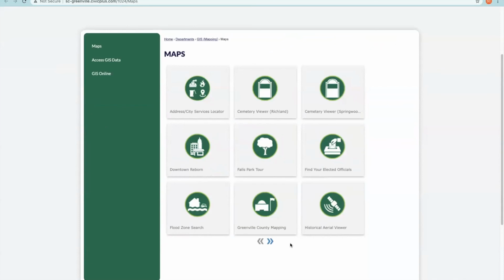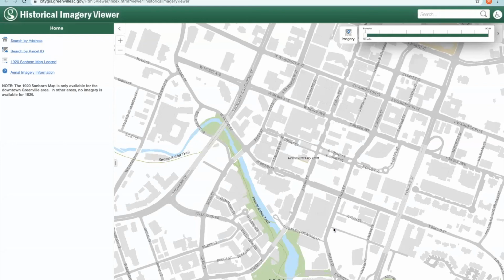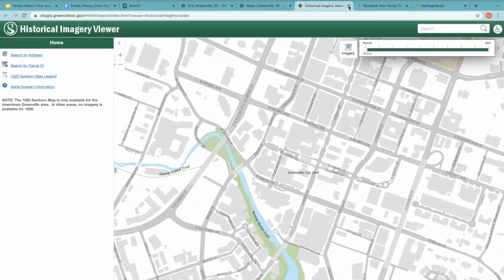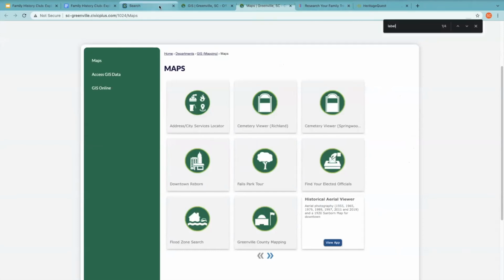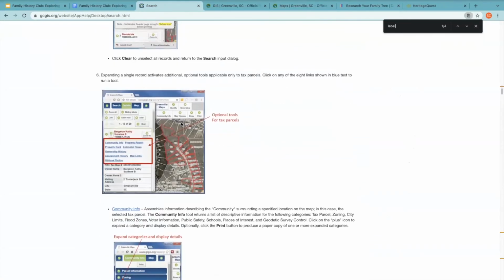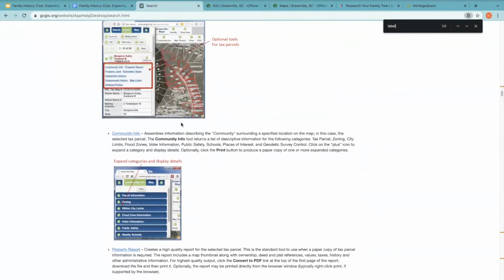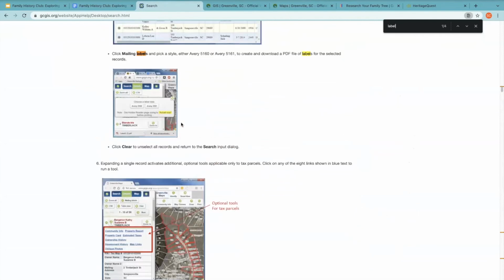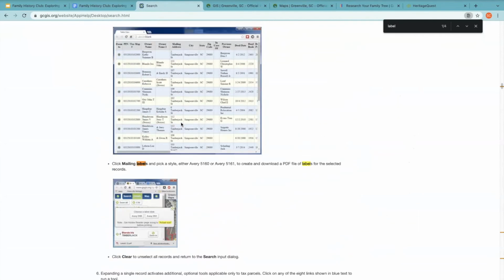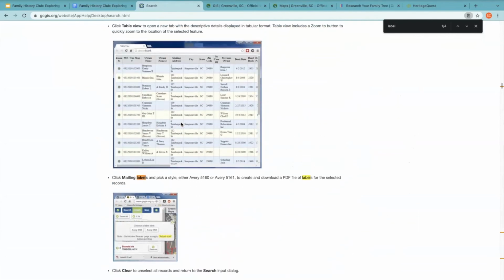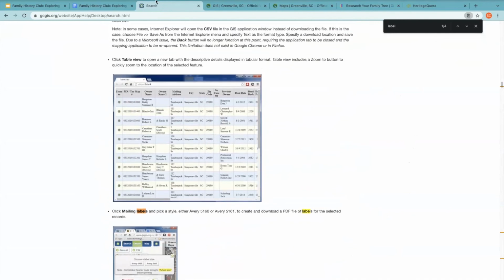Yeah. We did the historical aerial viewer, so it's not as concerned with the property record as it is with just showing you aerial imagery. So I would probably say the county map is going to have everything. That's probably the one to do if you wanted something in city limits too. Yeah. Thank you. You're welcome.